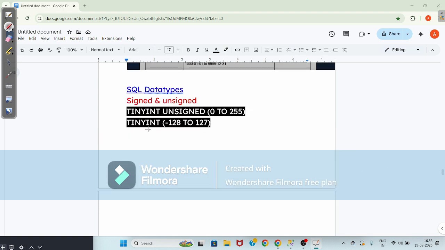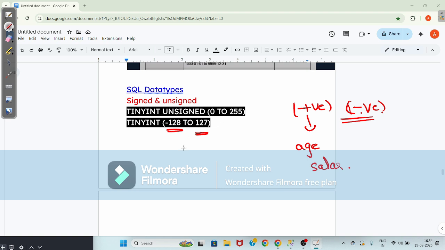Now SQL data types: signed and unsigned INT. In some cases you have only positive integers, in some cases both positive and negative. Consider positive integers such as age and salary, which take only positive integers. TINYINT takes the range from -128 to 127, but TINYINT UNSIGNED takes 0 to 255.